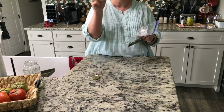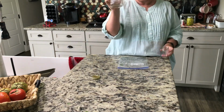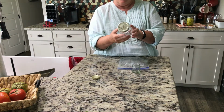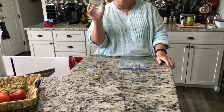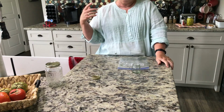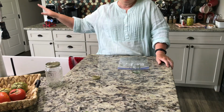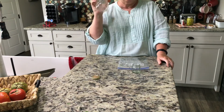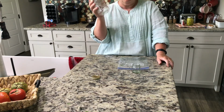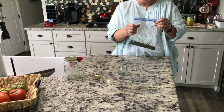So I have this little jar here, and y'all, I am kind of nutso about just saving jars. This is a marinara jar that we bought at the store with marinara sauce in it. And it actually says mason on it when the labels were taken off. It's just like a mason jar. So save your jars. I use them for saving my chicken broth after I cook chicken sometimes. Not to can. I don't use these jars for long-term storage, but if I just want to save something leftover in the refrigerator, like chicken broth, to use in another recipe, that'll save a couple of weeks in these jars. So anyway, this is a jar that I saved. I don't know where it came from, but it's just perfect for